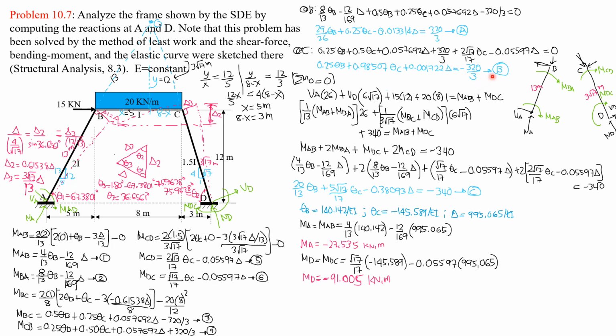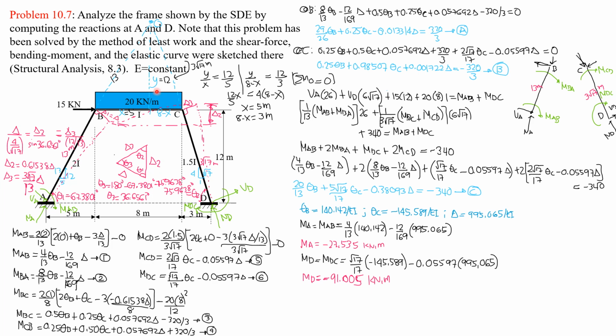Call that equation B. Since there are 3 unknowns in this equation, we need one more equation, and let's locate point O here. So we extend AB and extend DC. They meet at point O. I denoted it with point O. I'll call this Y and this one as X. So therefore, this is 8 minus X.